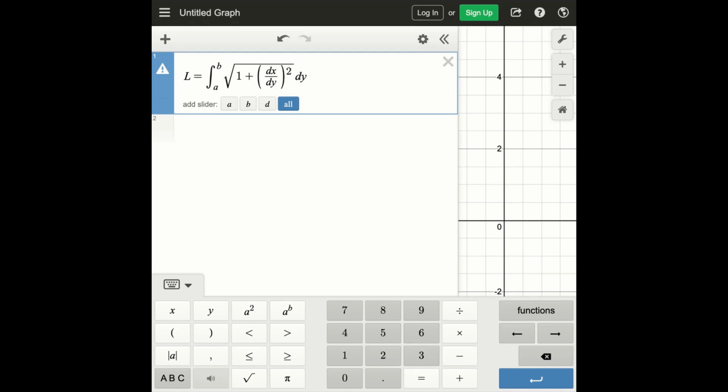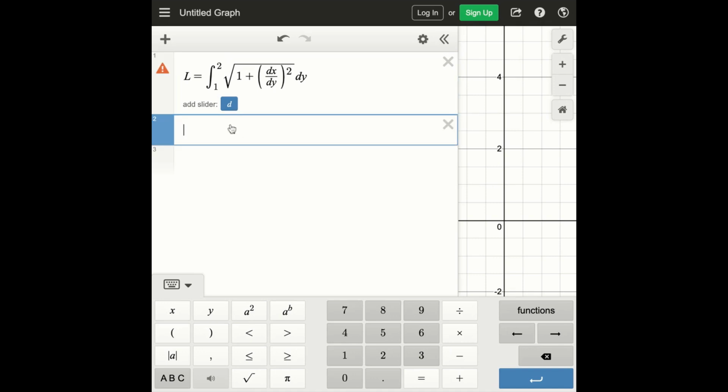And with this, we know that y is from 1 to 2. We know that the lower bound is going to be 1 and the upper bound is going to be 2 as a result of that. And then we know that x, we're given x, so we want to find dx/dy. If we take dx/dy, so differentiate x with respect to y, we'll end up getting